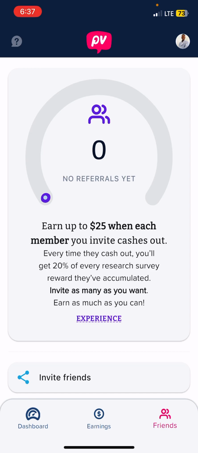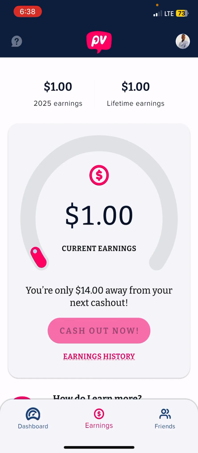So imagine you invite 10, 20, 30 friends to download this app and work on this app. Once they reach the threshold of $15 and they withdraw, you are going to get $25. I think so far this is one of the referral programs that pays a little bit high. All right, $25 is a really good cash for you to make through referral. Most websites and most apps that I know don't pay up to $25 per referral. So this is a very good way to cash out on